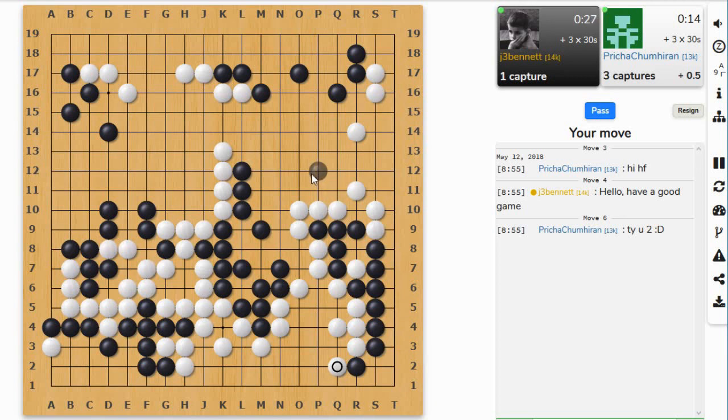Okay, so I'm thinking I should jump out in this direction and let him surround me over there. Does he have a plan to kill me? Yes, that was a forcing move. He did have a plan to kill me. Yeah, it's kind of a mistake I've been making, not noticing little things like that. So let's